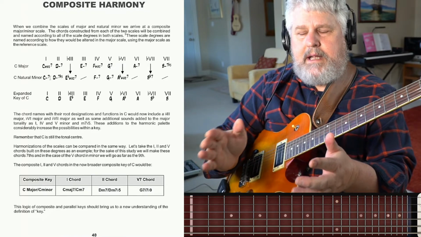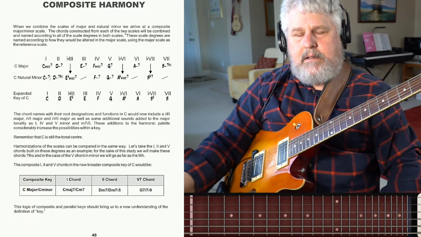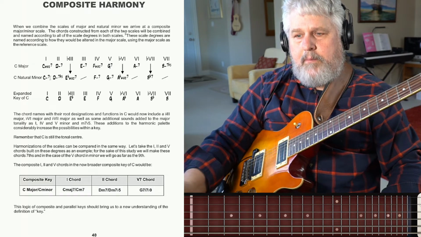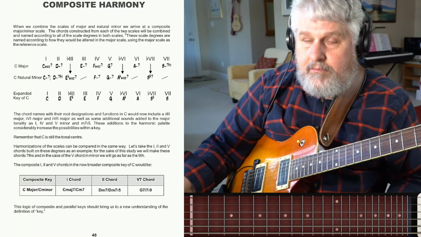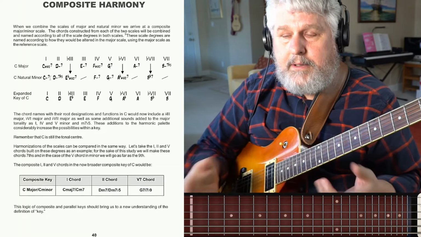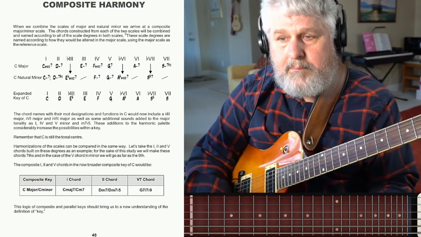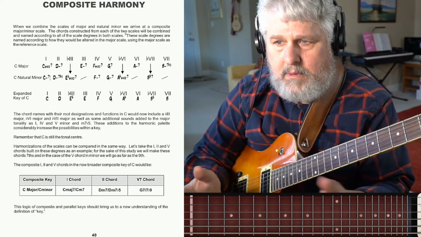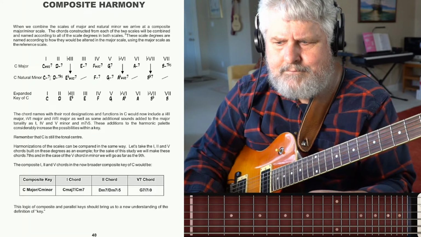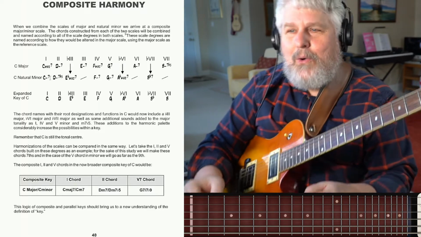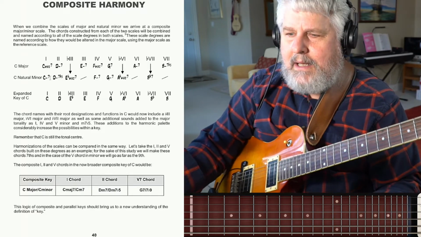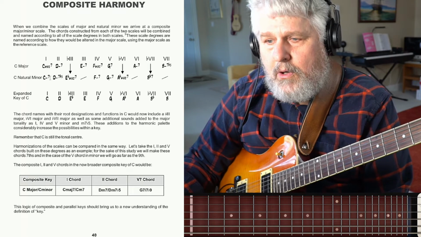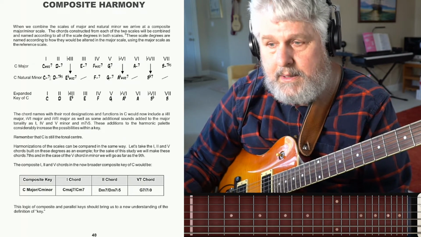So the most important thing to take away from this is the idea of composite harmony, major and minor, from the same root, not relative minor. Relative minor is where they've got different roots. That's a whole different thing. It's simpler. But composite harmony is used all the time in jazz playing, and